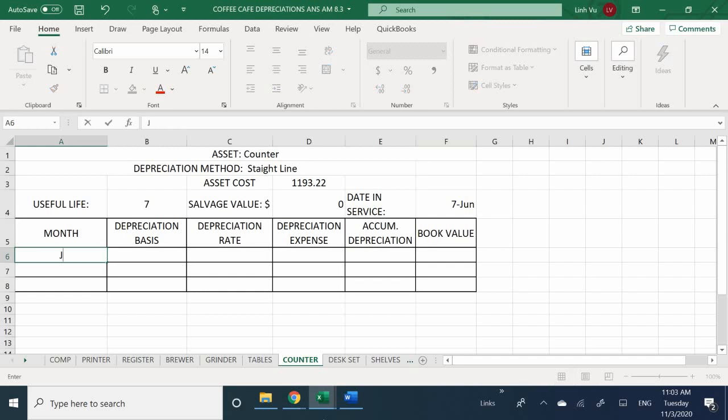So what's my depreciation basis going to be? 1193.22. And my rate is going to be 0.142857. Okay. So my monthly depreciation expense is going to be